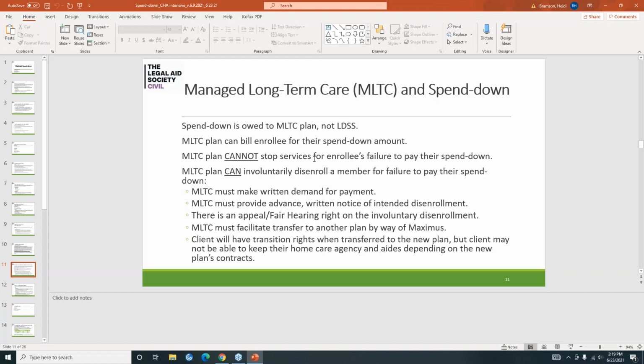However, and we've certainly seen this, I'm sure some of you have, what the MLTC plan can do is involuntarily disenroll a member if they have not paid their spend down. Some protections exist for the consumer. The MLTC has to make a written demand for payment. They have to provide written, advance notice of the intended disenrollment.